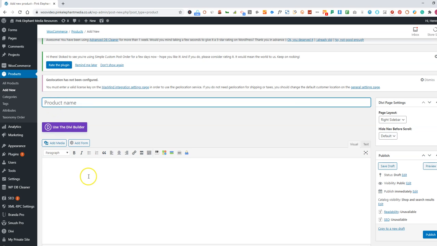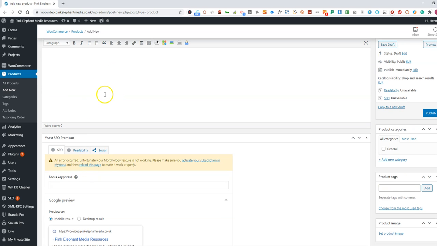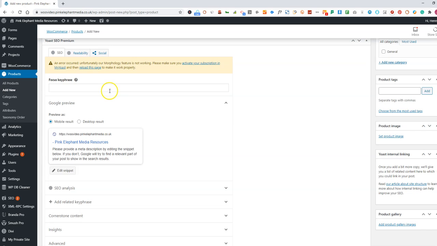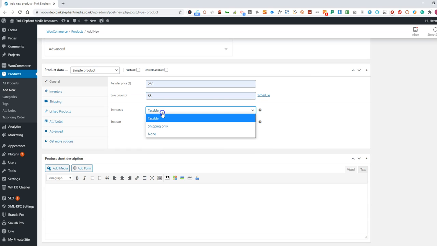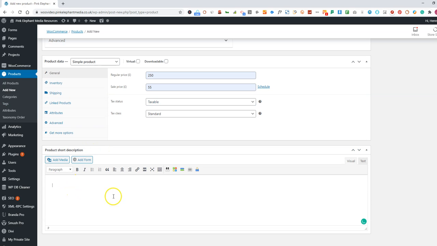And what you want to do is name your product and put a description of the product in there. You then want to scroll down here and fill out the prices, for example, that you want. You want to select the tax status and tax class. Again, you want to check that against what it is that you do. You put a shorter description here. That will be the one that shows at the top if you want to